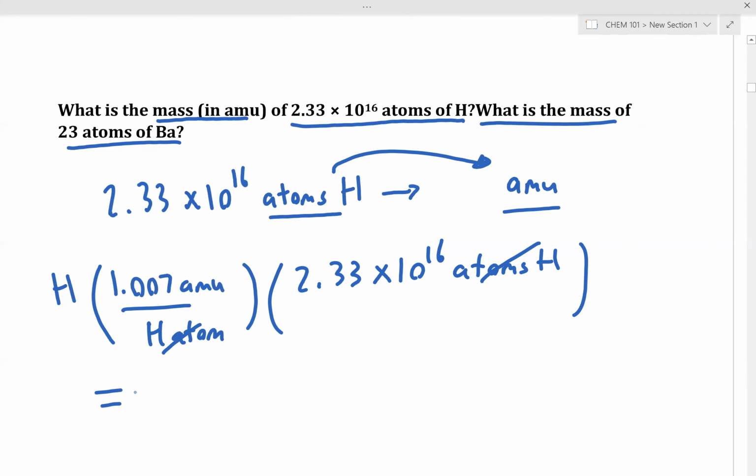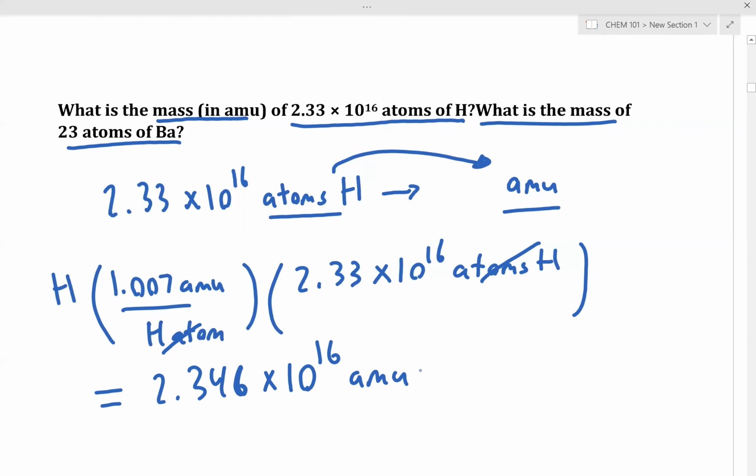So let's punch that now into our calculator. Does this make sense from a unit analysis perspective? Is everyone clear where we're getting these numbers from? Okay. So now let's punch this into our calculator. We have 1.007 times 2.33 EE16. And we get a number very close to what we started out with. So let's write that down. So we end up with 2.346 times 10 to the 16th